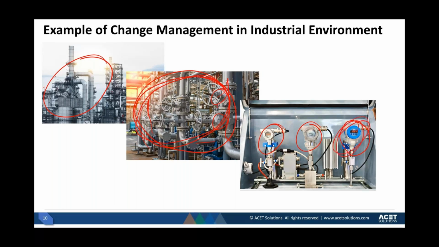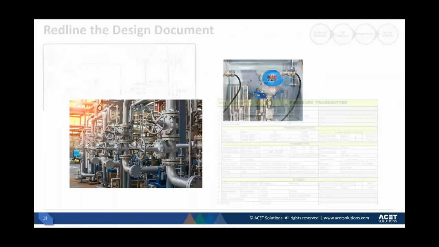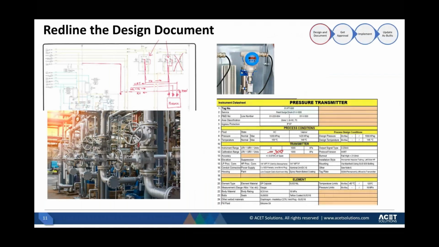So for the sake of our example, we'll pick one, let's say it's a pressure transmitter, and see what process would be followed if you need to make a change to this pressure transmitter. So what we'll do is we'll show the concept of redlining. And as you can see, when I'm drawing on the screen, there's literally a red line on it as well. This concept of redlining is very commonly understood in the industrial environment,